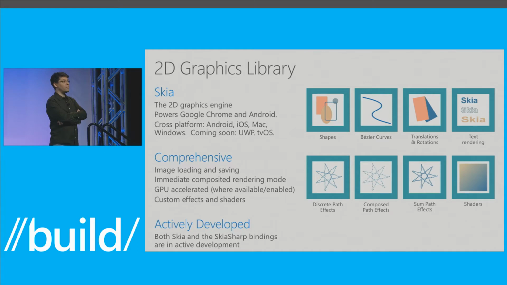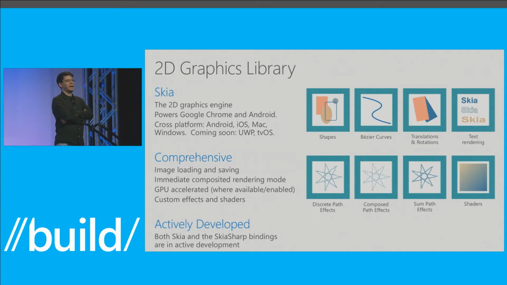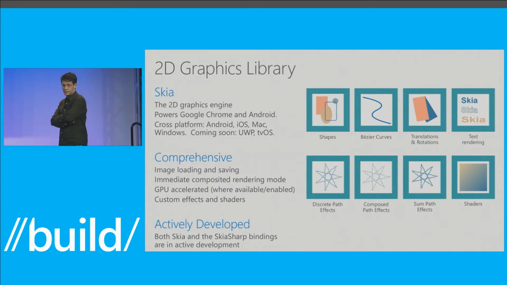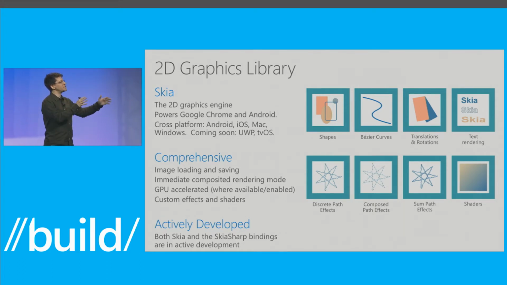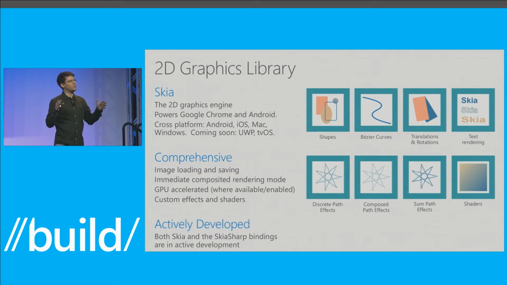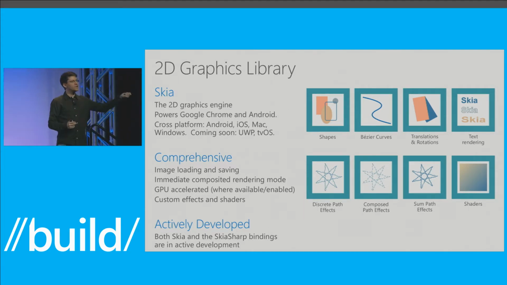It is incredibly powerful. It is very efficient. And if you have a GPU, it will use your GPU to do all of its rasterization, to do your special effects, shader effects, and so on. It is actively developed, of course, because it comes directly from Google. And what we've done is we've packaged Skia as a cross-platform NuGet. It works on Android, works on iOS, works on Windows, and works on Macintosh. So you just add this reference, and now you have 2D graphics across the board.